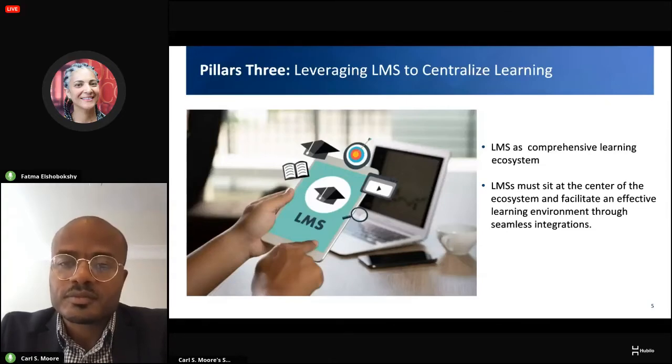where they have to log into many different educational technologies or platforms in order to do their course activity or read their content, and they have to do a scavenger hunt, like, where to find module 1. So centralized learning becomes essential here.